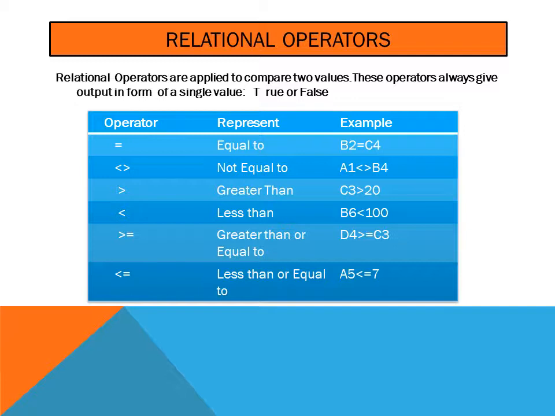Then the operators. Out of the 3 operators, we have already studied arithmetic and relational operators. There are 6 arithmetic operators, which do not use strings but only numeric values to do the calculations. And we have 6 relational operators which help to compare two values and give the result in the form of a single output.